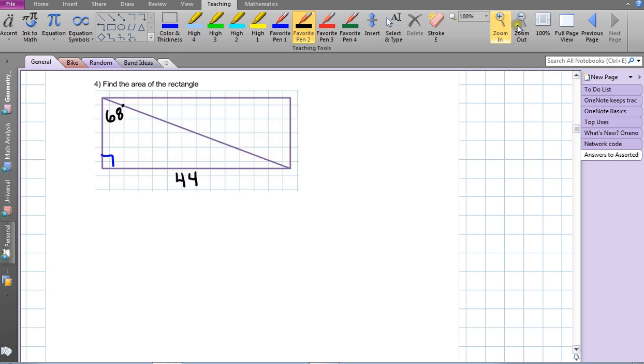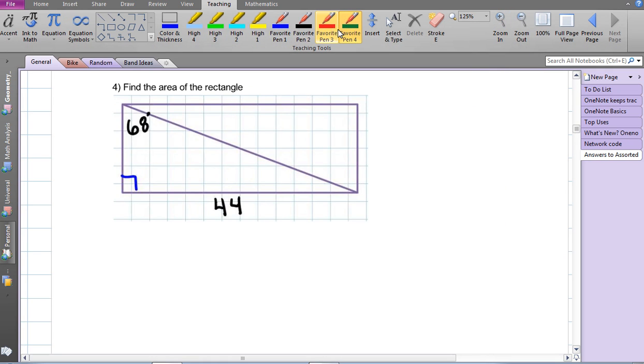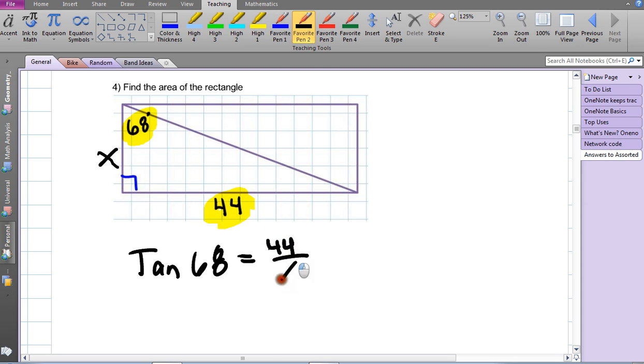For number 4, we do have a picture, and I don't see a shortcut. I don't have enough information for Pythagoras. It looks like we have to use sine, cosine, and tangent to find this missing side. So how are 68, 44, and x related to each other? Is it sine, cosine, or tangent? It is tangent. Why? Because tangent's ratio is the opposite side over the adjacent side. When we solve for x, we're going to go 44 divided by the tangent of 68, and we get this side to be